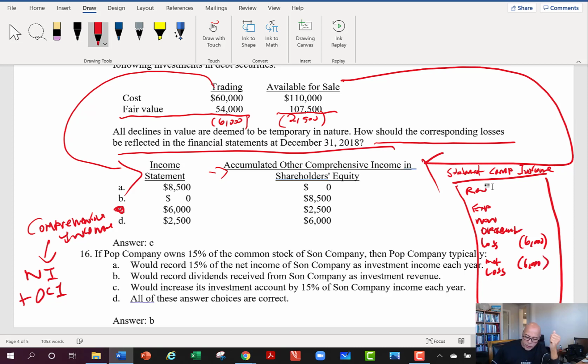Then we keep going and we'll report our OCI, other comprehensive income. And we again have this loss here, and this loss we determined was 2,500. So we report that, and assuming there were no other items here,